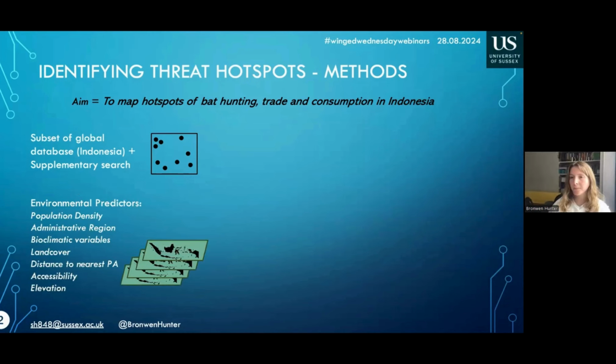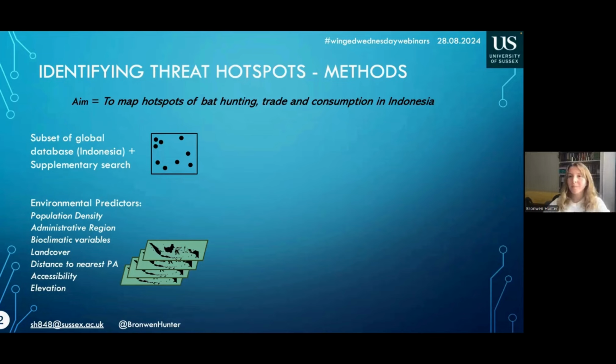Then I took a number of environmental predictors. So essentially, exploitation is determined by both the availability of the prey species, in this case bats, and also other things that might drive exploitation, like proximity to protected areas or the accessibility of locations.